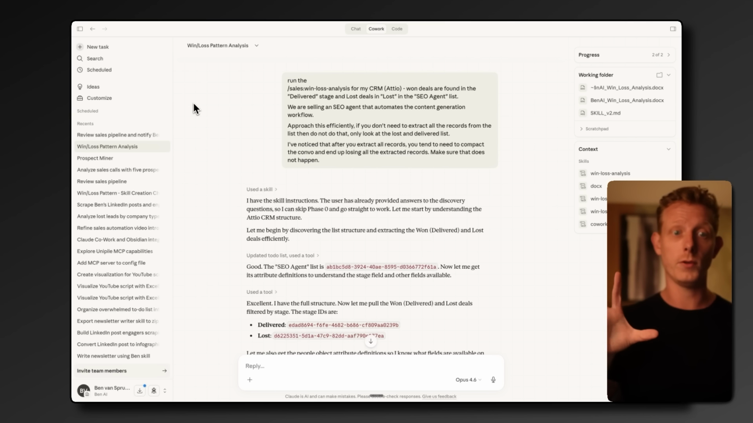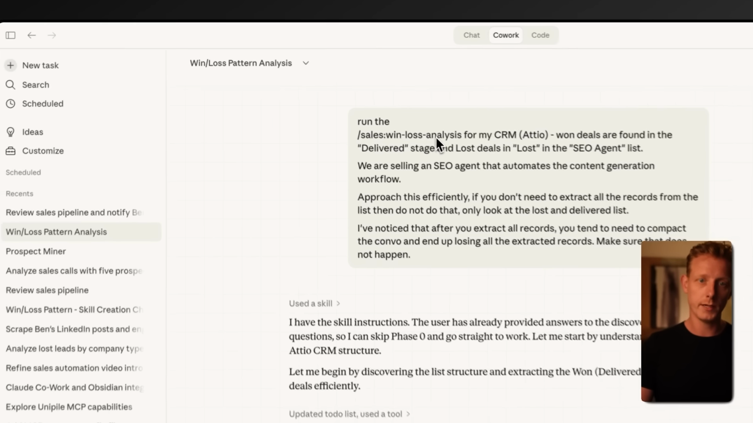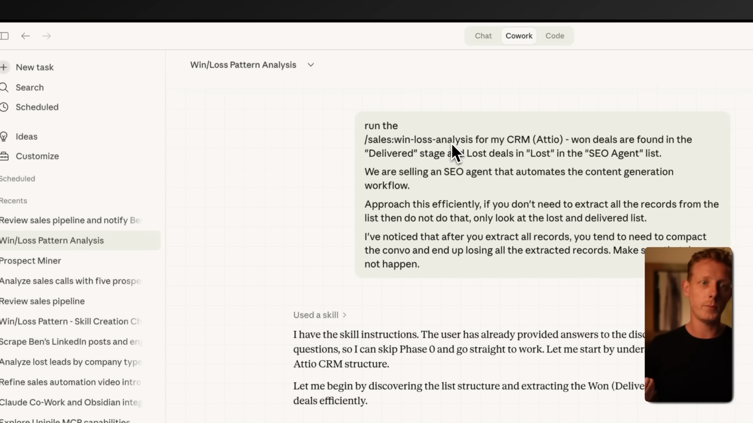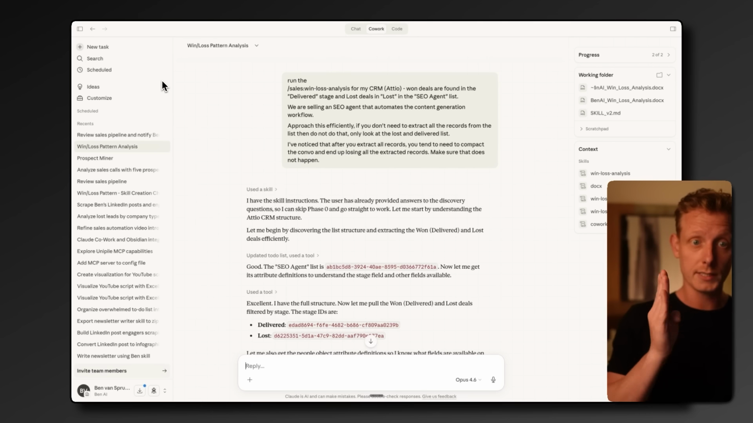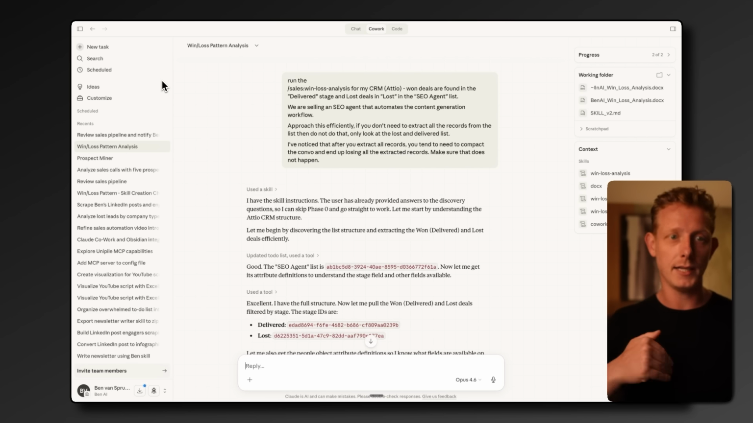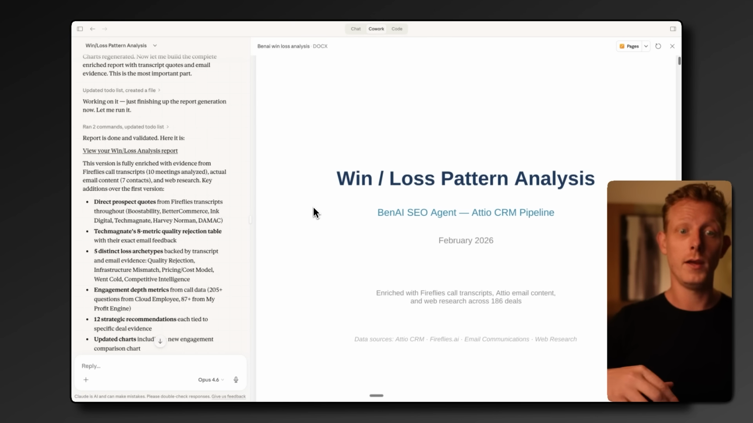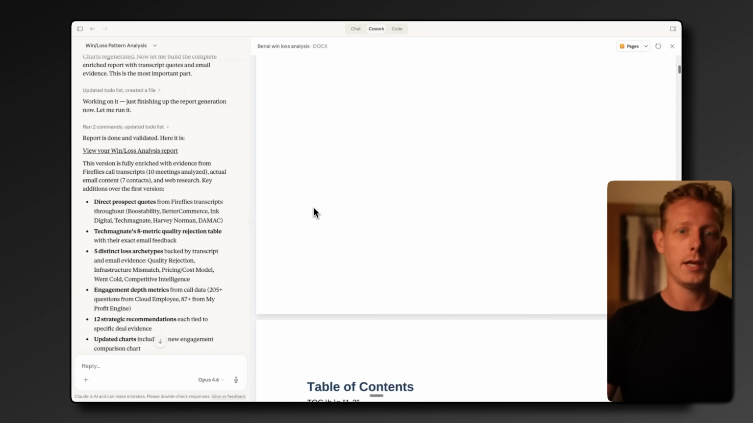For example, we've used it for win-loss analysis and sales rep performance analysis. You can see here, I run it by calling the win-loss analysis skill. And this skill basically goes through all of our leads in our win column and in our loss column in our CRM. It researches both of these types of leads, but also the meeting transcripts from all of these leads and the email communication. And based on that, it makes an extremely comprehensive win-loss analysis report in a Google Docs